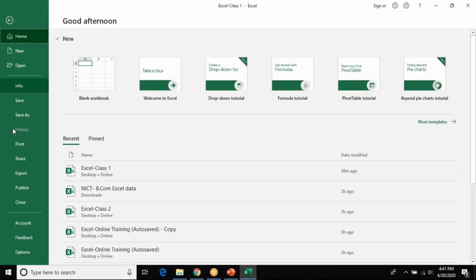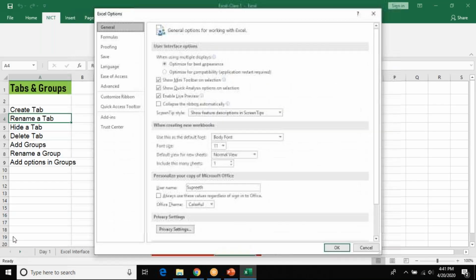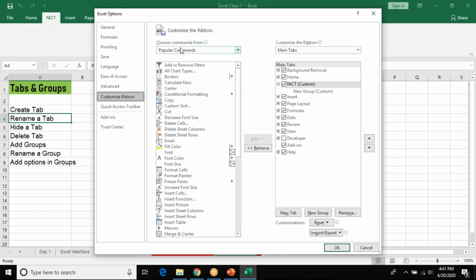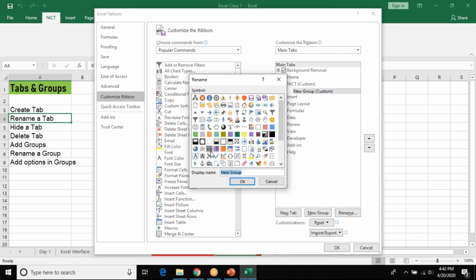I'll go to File, Options, Customize Ribbon. Now under NICT, which is a tab, below NICT is the group. If I want to add a new group, the group name could be, for example, Filters.